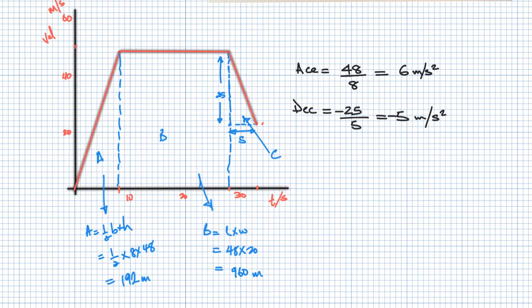And then last of all, for C here, we have another triangle, so we will carry on doing a half base times height on that one. So that's a half, the base is 5, and the height is 25, if you remember well, because we've just calculated it over here. So that's 25, and that is 5 seconds there. And that's going to give us